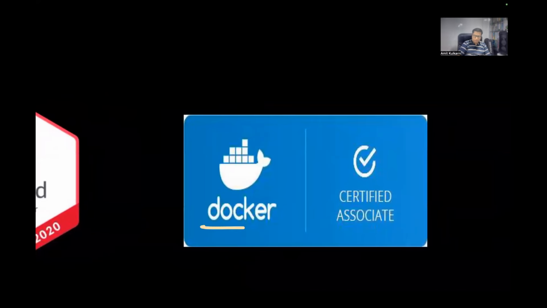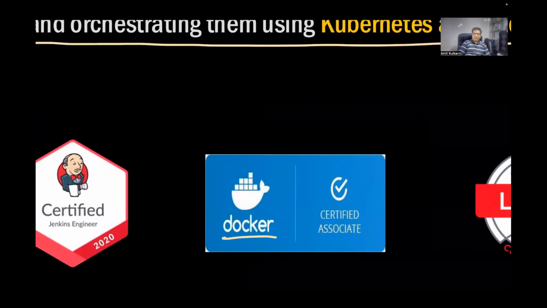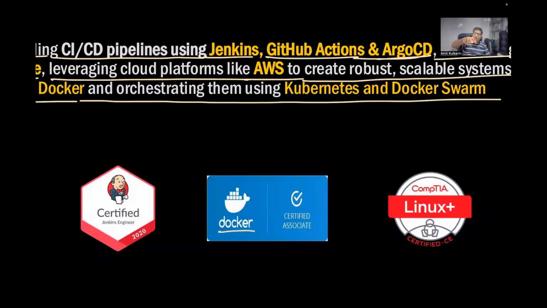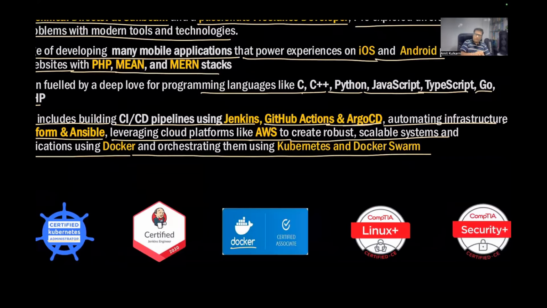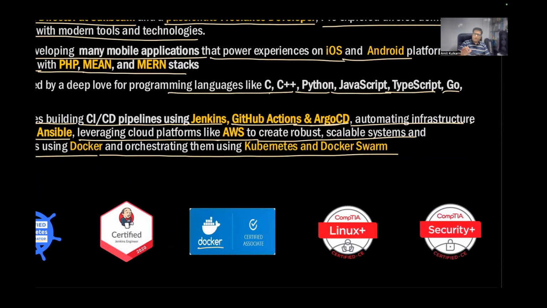Docker, as I said, is very important for me because I started using Docker around 2013 or so, which is when Docker started getting its popularity. In 2014 I started using Docker as a full-fledged tool. At that time, it was very new in the market. In the same year, I started using Kubernetes. In 2014, Kubernetes was open sourced by Google, and in January or February 2015, I don't remember exactly, I started using Kubernetes. So Docker and Kubernetes are part and parcel of my life. I can't live without both of them.